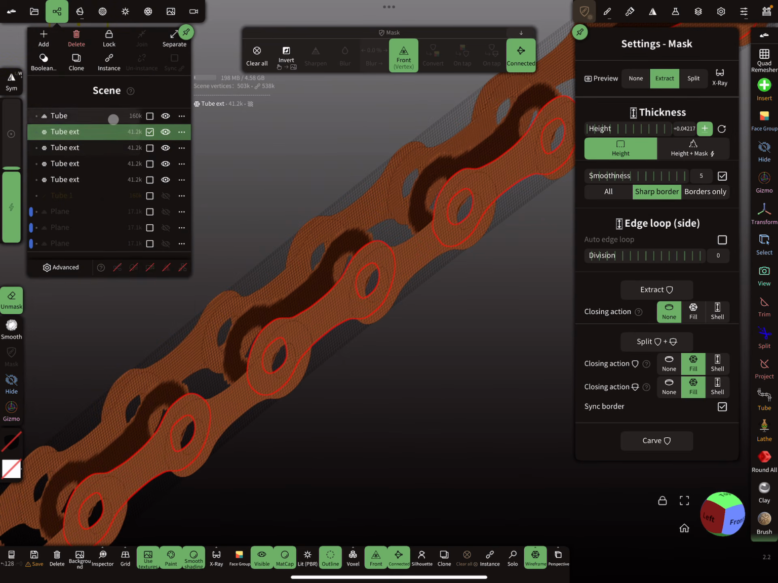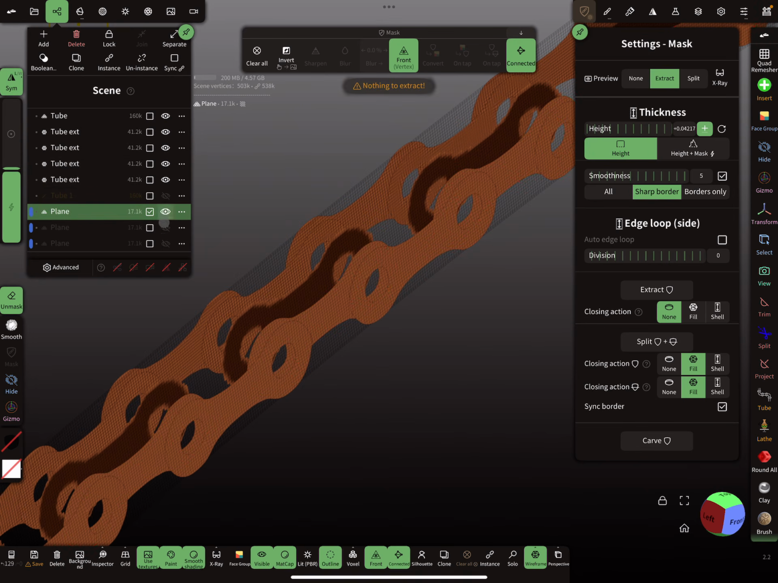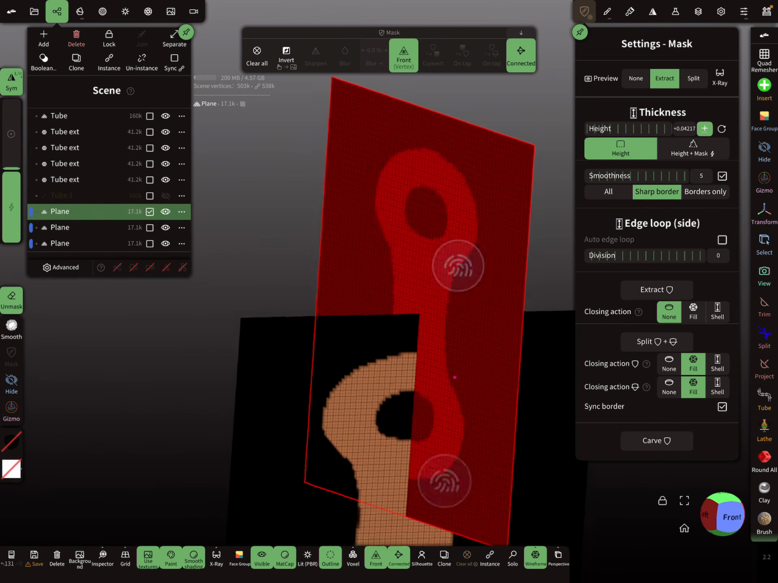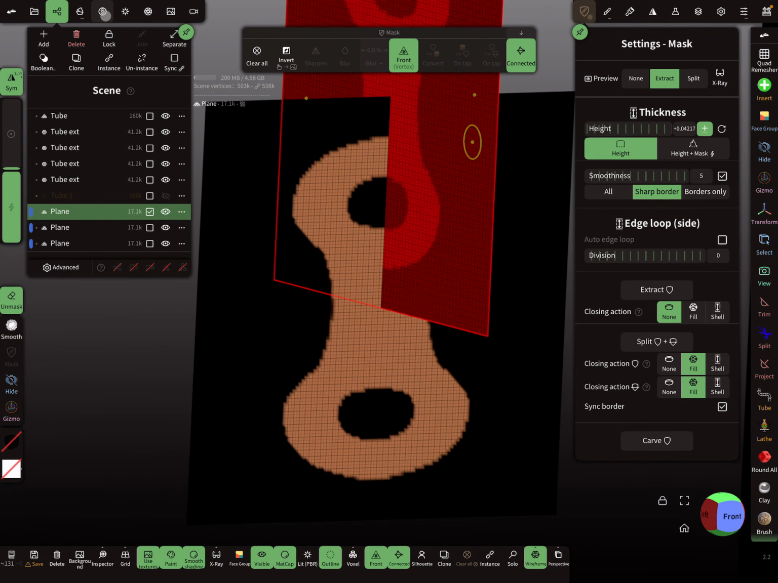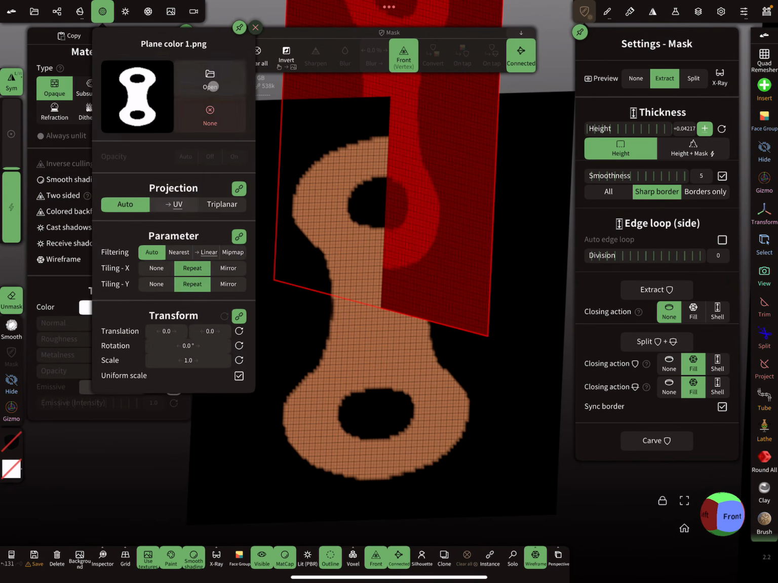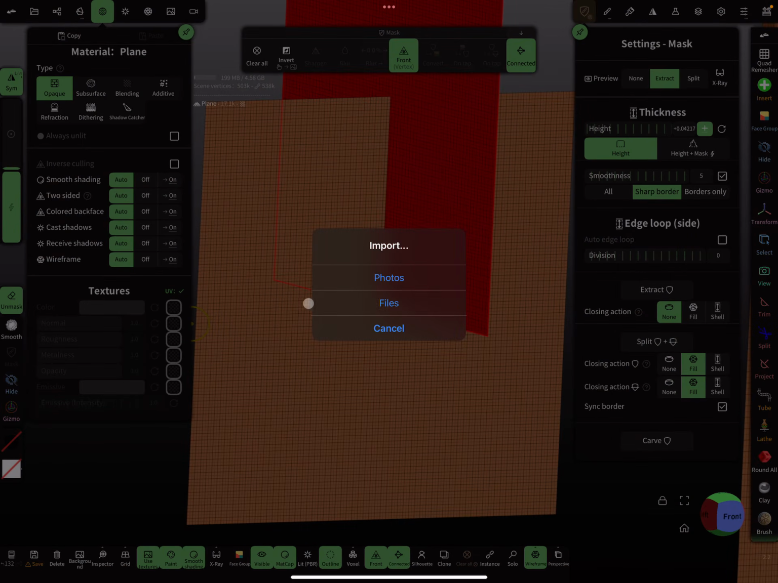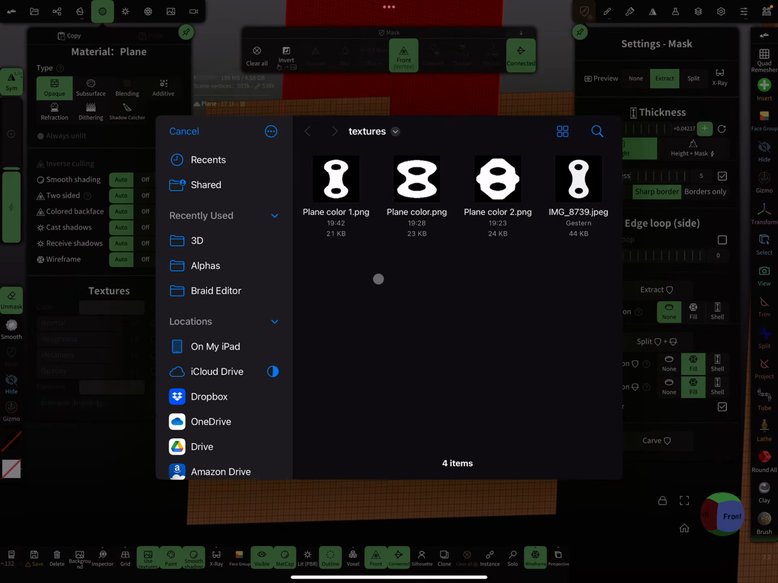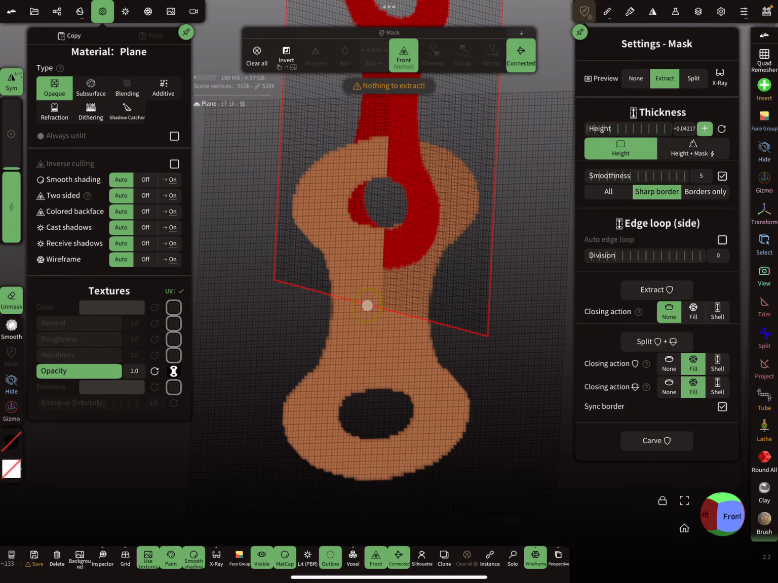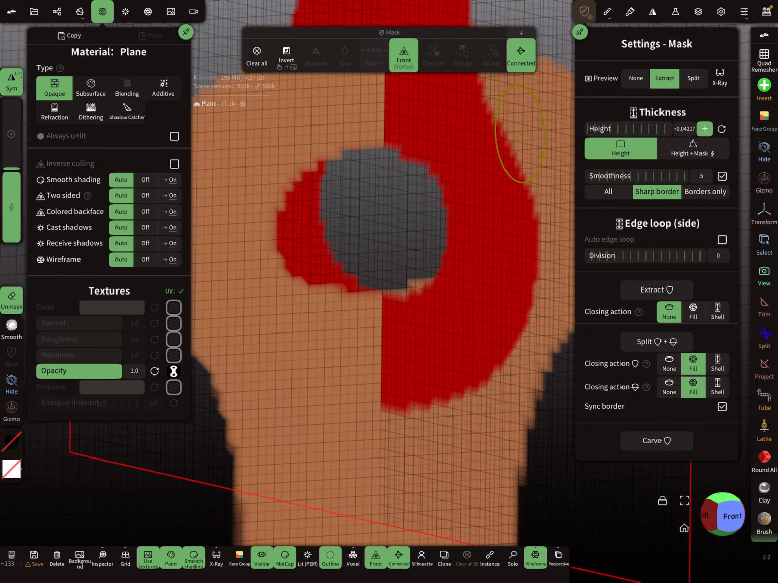So I go back to the planes. So here. And we need a new texture. So none. And so I'm opening the opacity map. So this one here. And now I'm masking